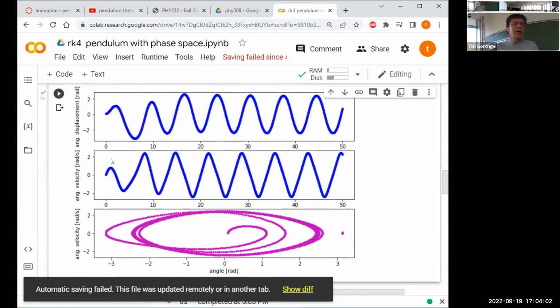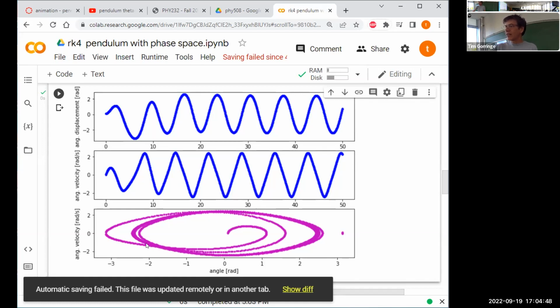So this is the situation for the driving frequency that's not 99%, but 90% of the natural frequency. There's a longer transient period. It takes longer to get to this steady state, where we've kind of lost that memory of the fact that there was originally no driving force. So it's now maybe 15 or 20 seconds before we see simple periodic behavior in the displacement, simple periodic behavior in the angular velocity. The phase space trajectory here